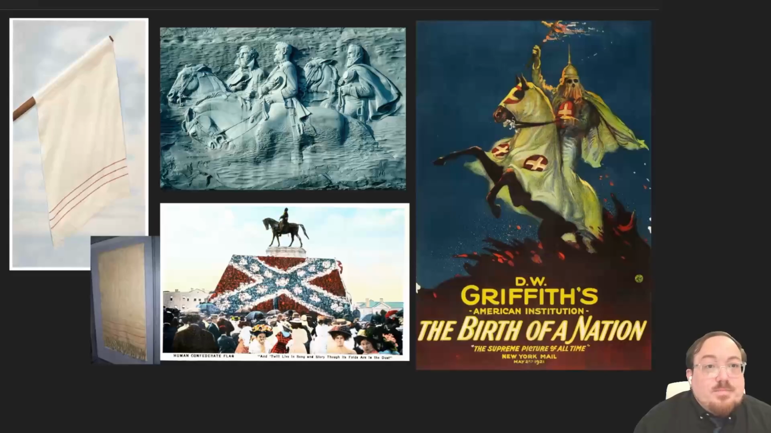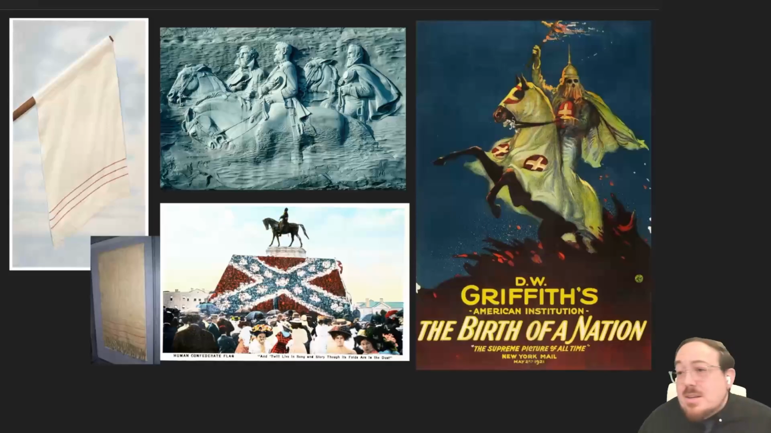So you have memorials like the one at the top of Stonewall Jackson. This is carved into a mountain in Georgia. You also have the revival of this symbol, which we call the Confederate flag, but it's not actually the Confederate flag because the Confederates never used this as a flag. It was a flag that was used by one battle group in Virginia, but it became the symbol of this pro Confederacy, of this lost cause, and of the KKK,